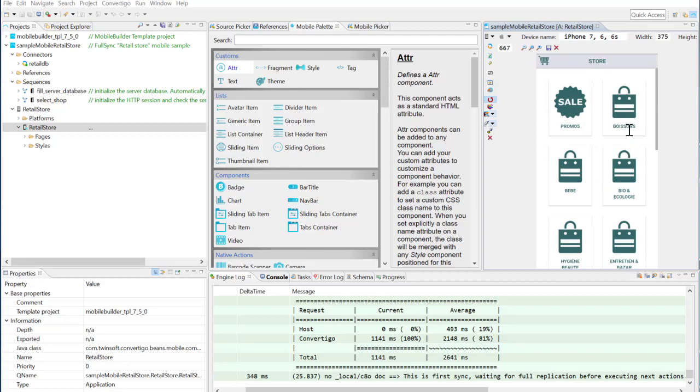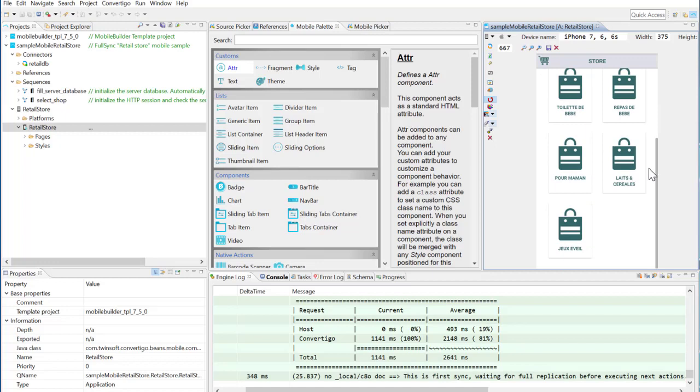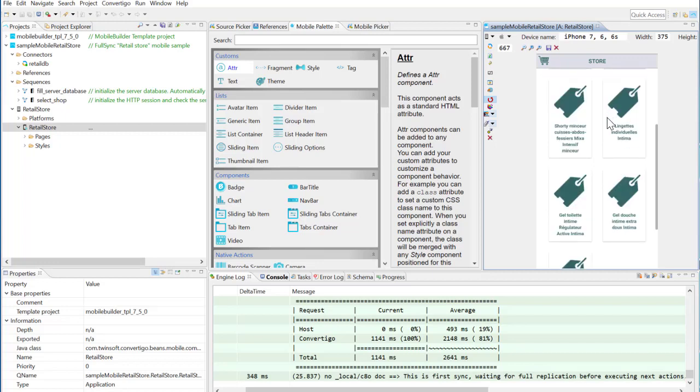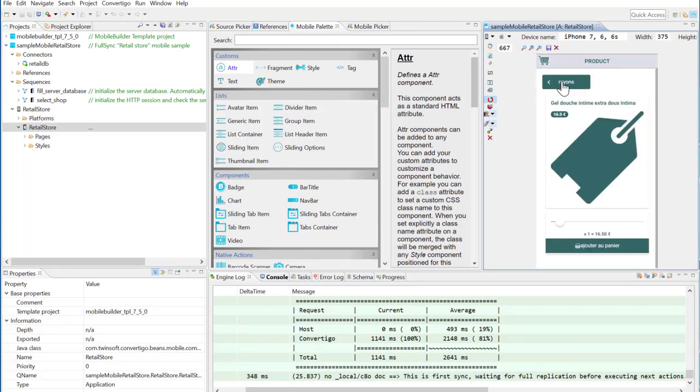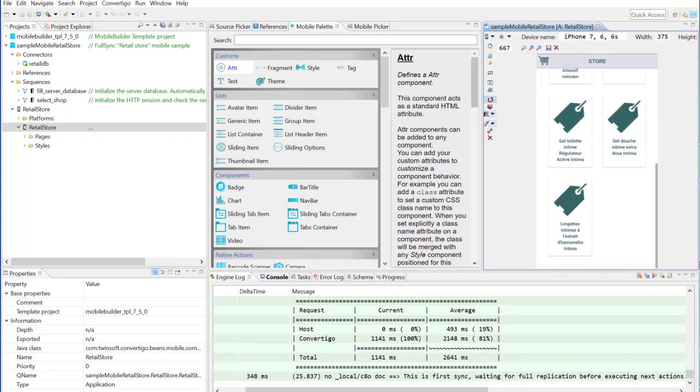Well, this is in French, so, well, why not? So let's see what about baby things. So this is everything about baby stuff here. So let's say everything for mommy. And we have something like this for showers, for example. So yeah, we have everything here. So you see that's the product. So we're just exploring here